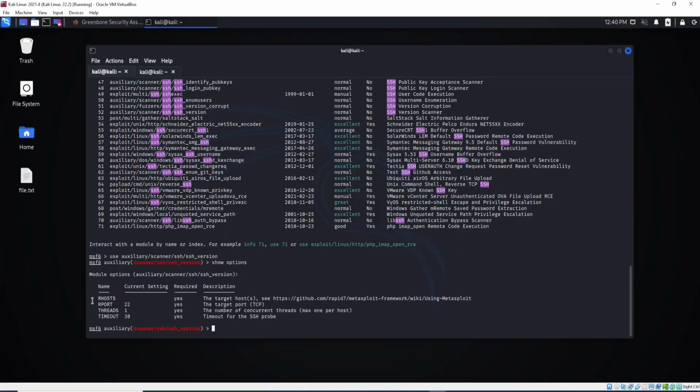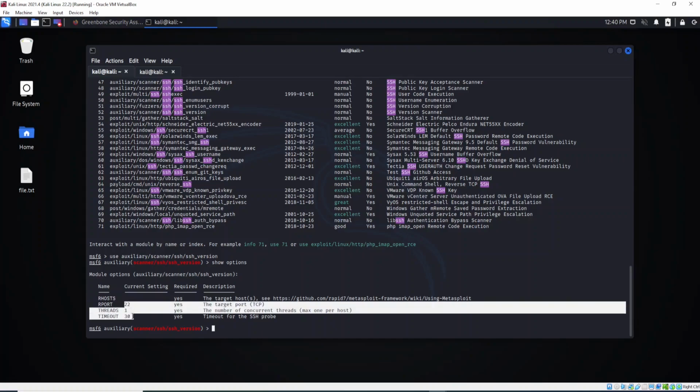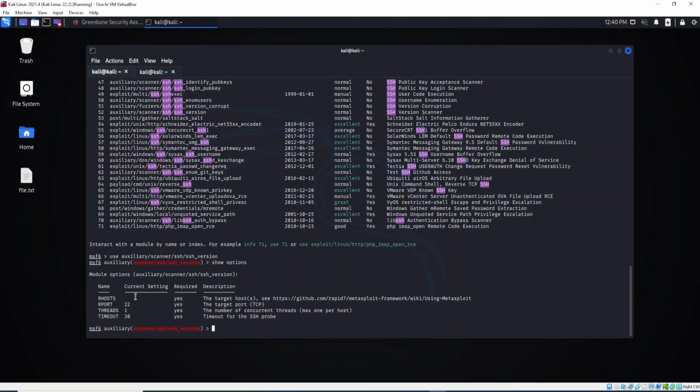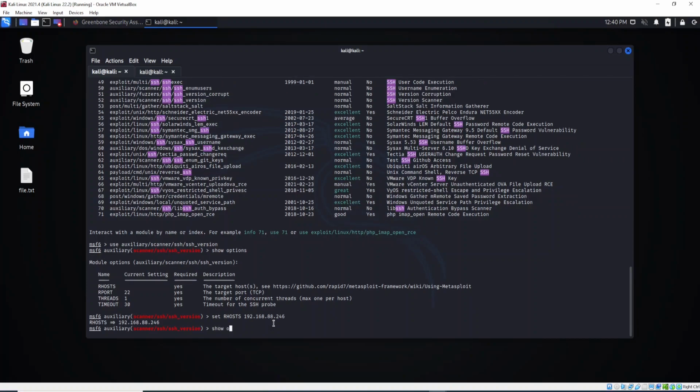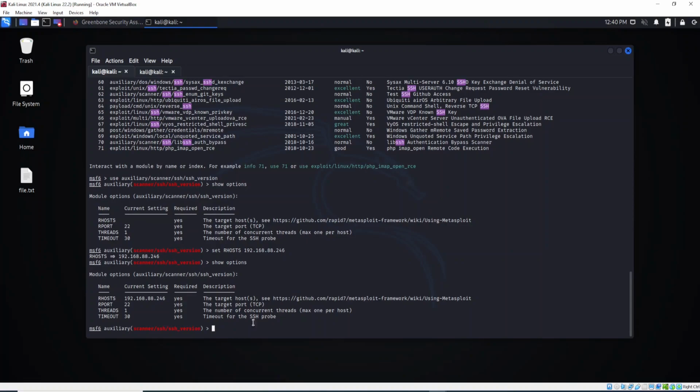But actually here we just need this. Although all are required, we have default options here. So we just need to provide this information. To do that, let's type the command set rhosts, and we need to type the target machine and hit enter. Let's show options again. Okay, it's set. So now we just need to type run and hit enter